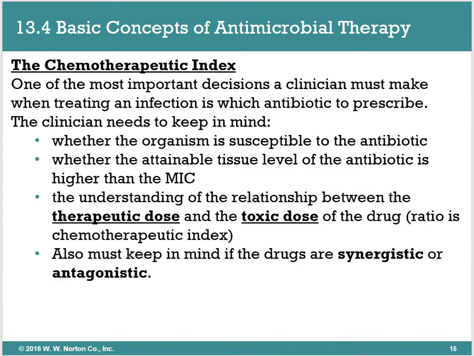So now with the chemotherapy index, this is a little bit important, but I'm not really too concerned about it, so I'm just going to talk about it very briefly. This is the idea of where clinicians need to keep certain things in mind. This is mainly on the nurse's end and the doctor's end, not so much on the patient end. So this is where physicians need to keep in mind what kind of organism is susceptible to an antibiotic,